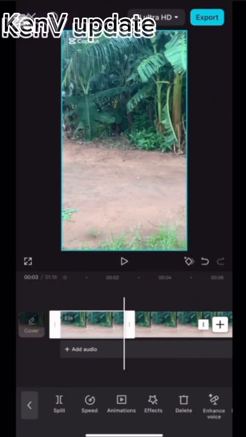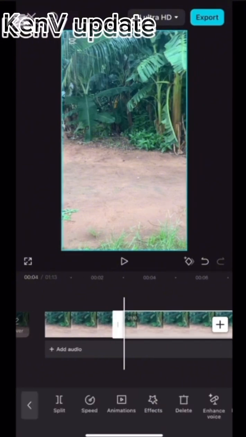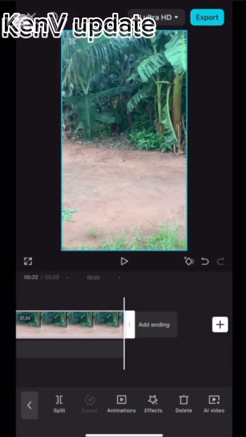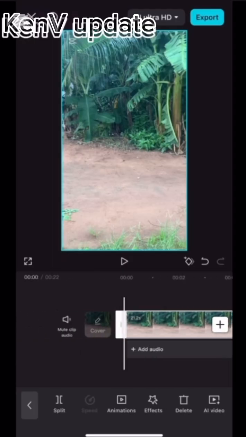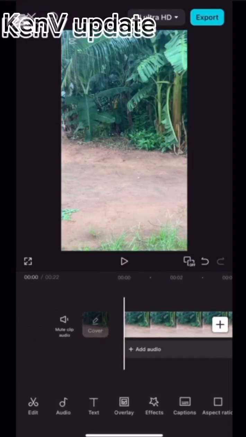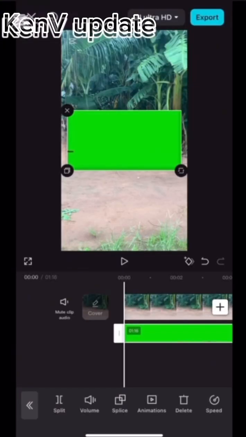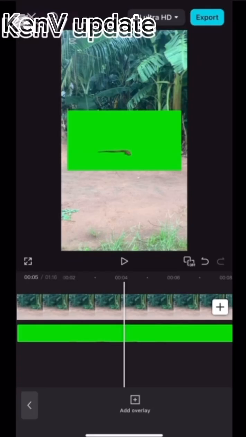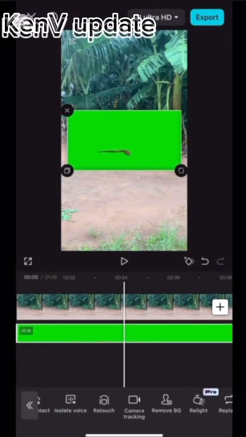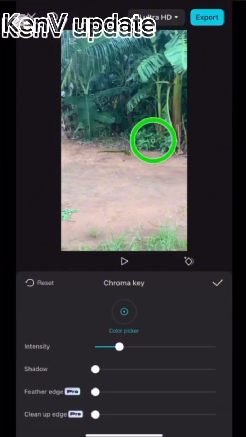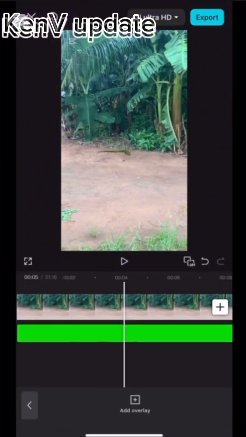So you freeze this part, click on this one and delete it, click on this one, delete it, click on this background layer and drag it a little bit. You come back now and mark anywhere, click on overlay, add overlay, you import your green screen serpent to workspace. You want to click it now to go and look for remove BG. Click on remove BG guys, chroma key, you drag it, you mark on this good,